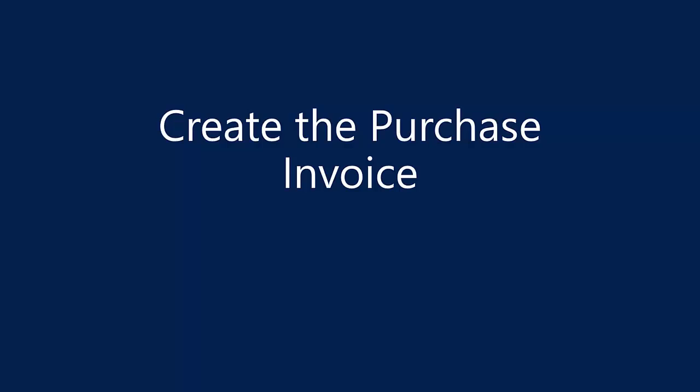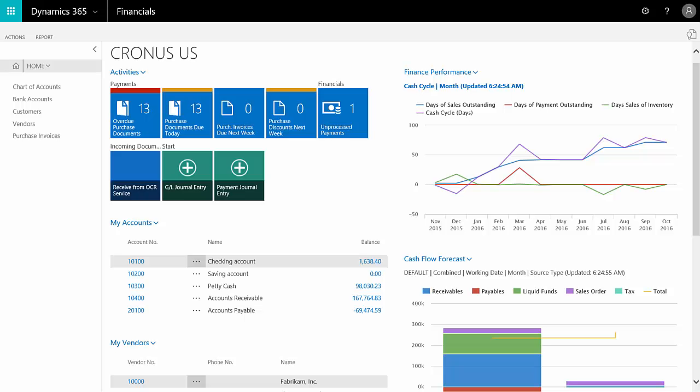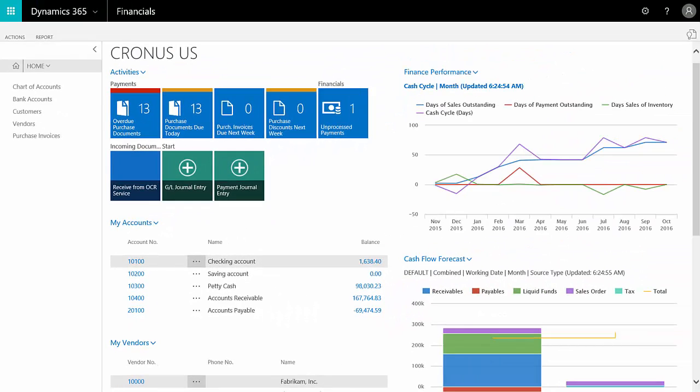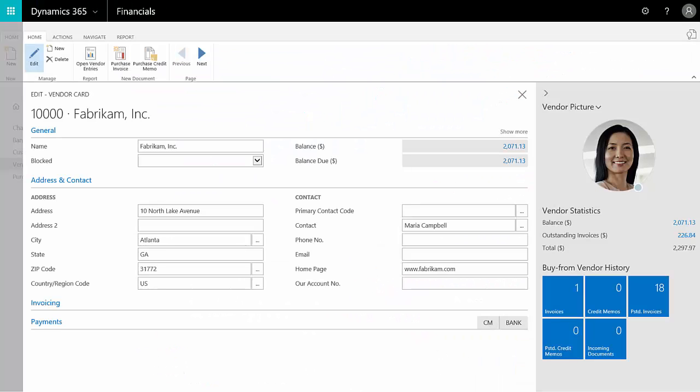First, we'll go ahead and create the purchase invoice. There are a number of different ways in which we can tackle this. You'll notice in the bottom left, I have a list of my favorite vendors. Here's a list of Fabricam, 10,000. So I'll go ahead and click on that, and it opens up my vendor. I'll go ahead and select